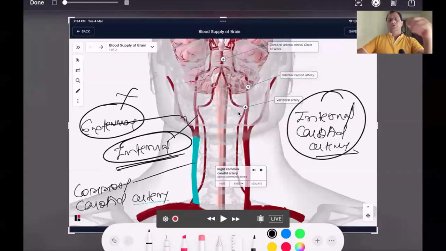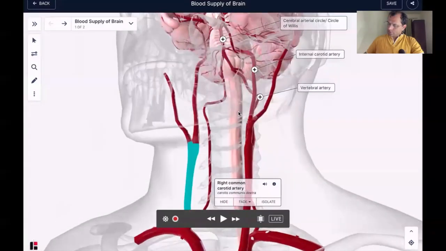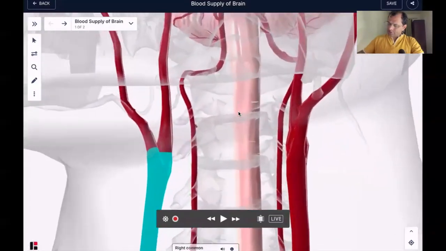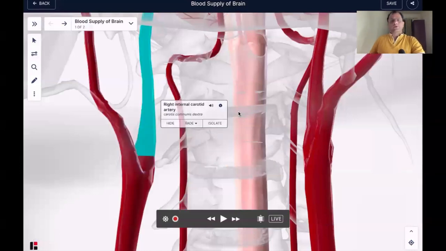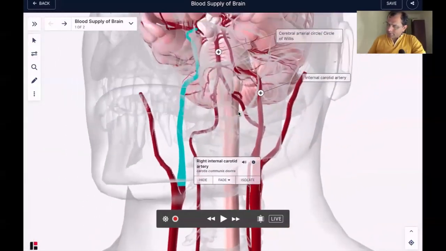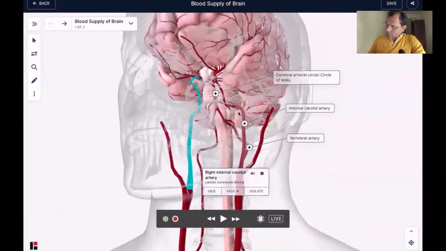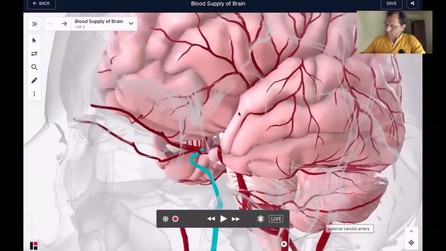Okay, so now the common carotid artery divided into two parts. Now the one part we can see this is the external carotid artery and this the internal carotid artery. एक अंदर जा रही है जिसे इंटरनल बोल रहे हैं, एक बाहर जा रही है जिसे एक्सटर्नल बोल रहे हैं, और ये जाएगी आगे क्योंकि ये आगे को सप्लाई करेगी। सो नाउ सी, इसको फॉलो करते हैं, इंटरनल कैरोटिड आर्टरी को लेट्स फॉलो।